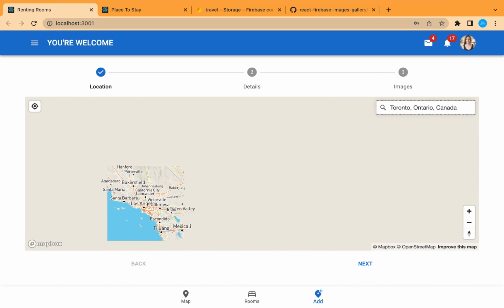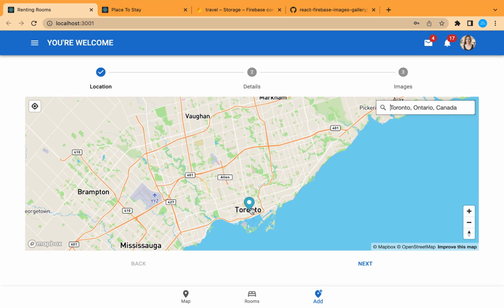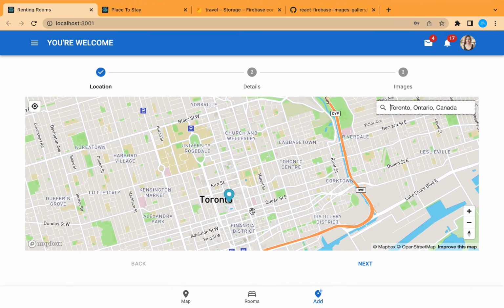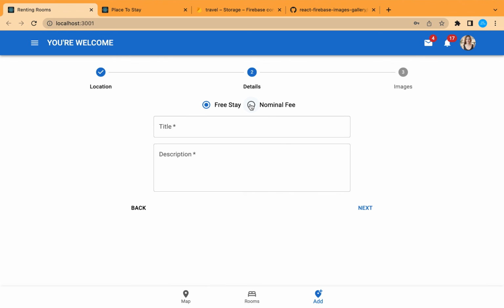Let's search, for example, for Toronto. And let's move this marker here. Let's go to the next